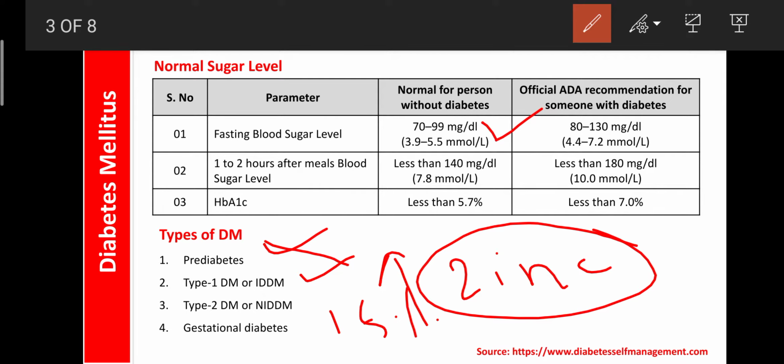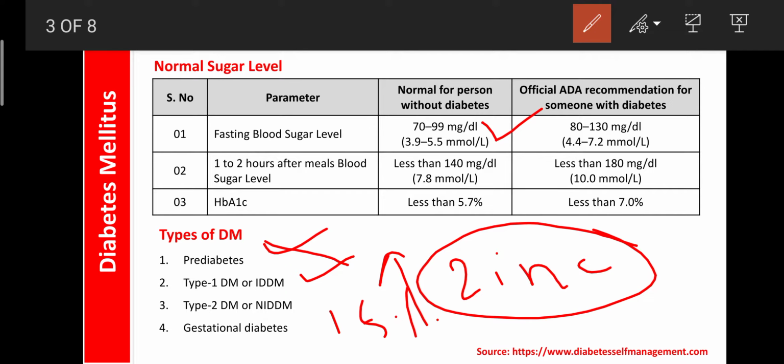So when you are working in a polluted or industrial area, where the air pollution is more, that air pollution can cause the entry of free radicals in our body, and they can cause destruction of beta cells. Due to that we suffer from diabetes mellitus, which is known as type 1 diabetes mellitus.